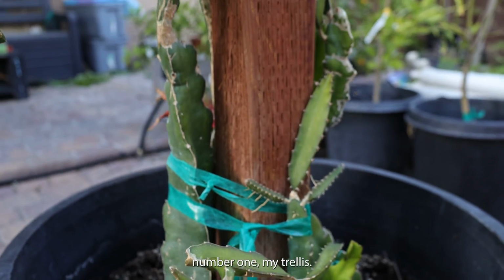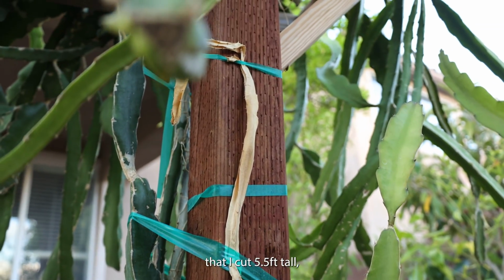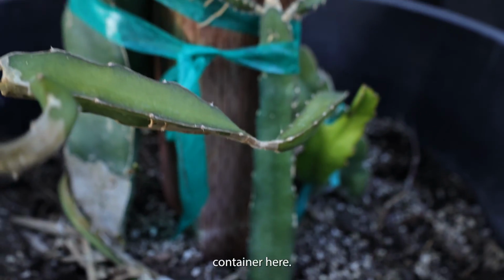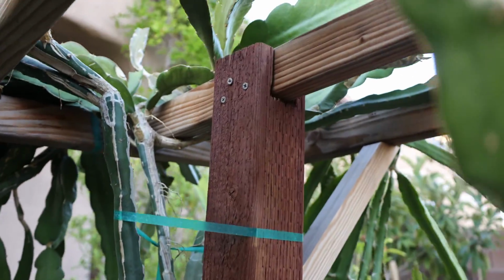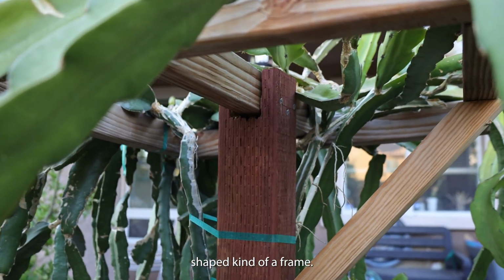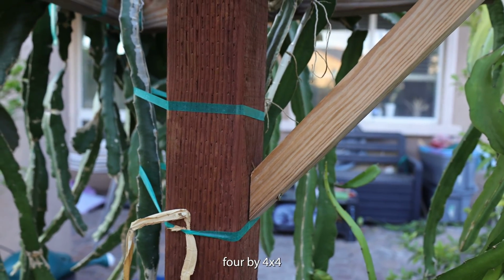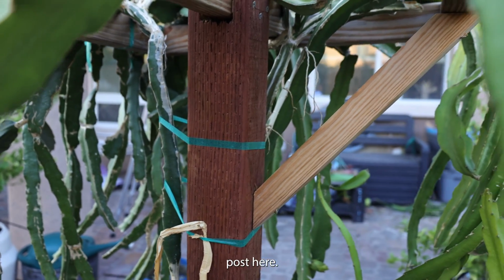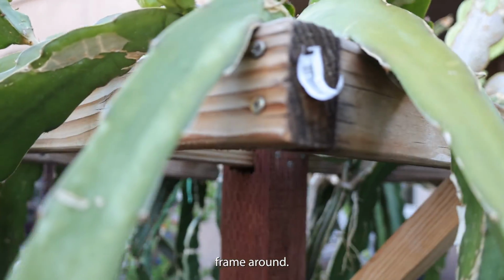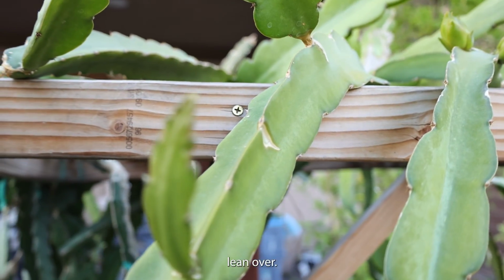Alright, number 1, my trellis. I have 4x4 treated lumber here that I cut 5.5 feet tall, standing from this 25-gallon container here. And then when it gets up here, I made a square shape, kind of a frame, and then secure it into this 4x4 post here. And as you can see, I also use 2x3s to make this frame around, so that way the dragon fruit can lean over